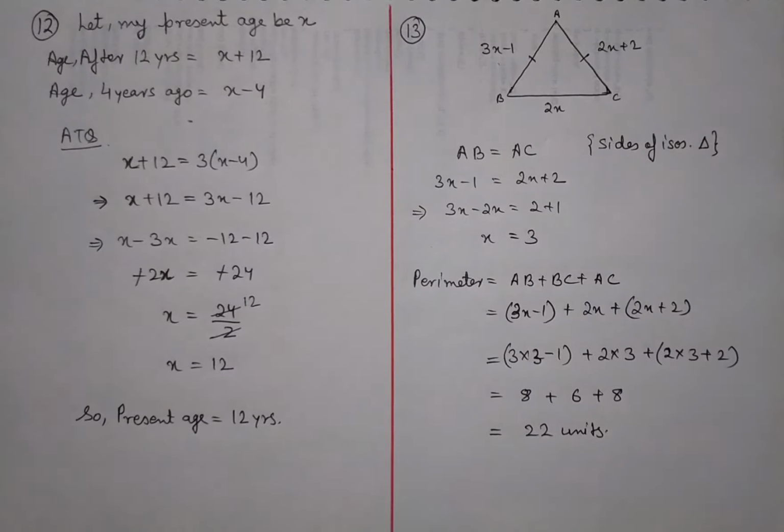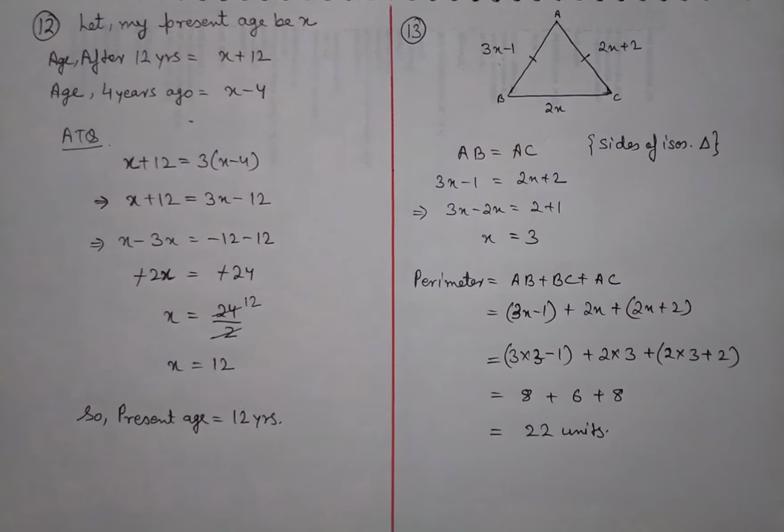And now let's move to question number 14. Now here in question number 14, the length of a rectangular plot is 6 meter less than thrice the breadth. So if we take the breadth as x, then length will be 3x minus 6. Then it is saying find the dimensions of the plot if the perimeter is 148 meter. We have to find the value of length and breadth with the help of the perimeter, that is equal to 148 meter. Now we know the formula of perimeter is 2 into l plus b.